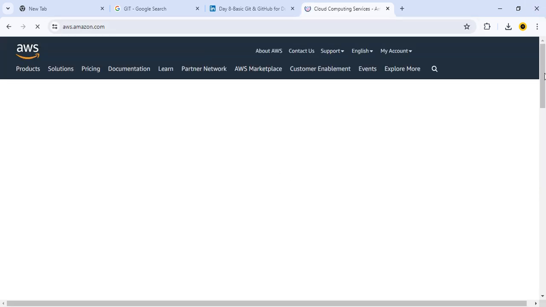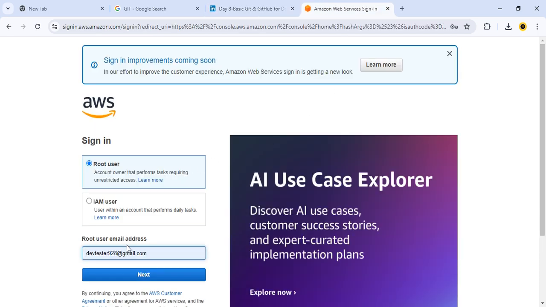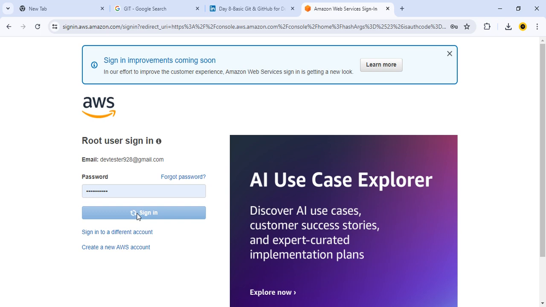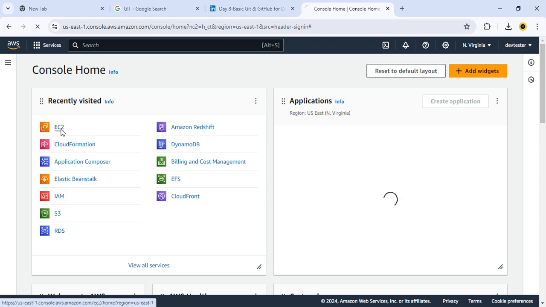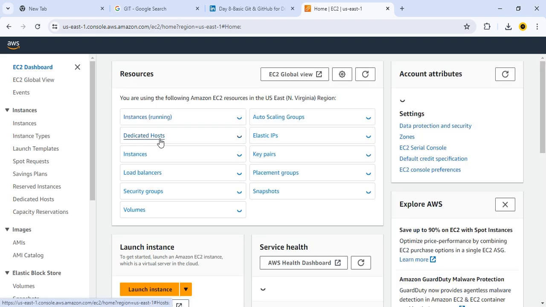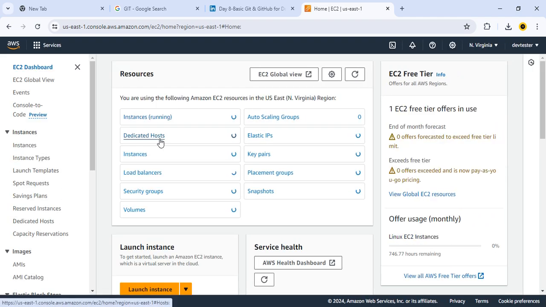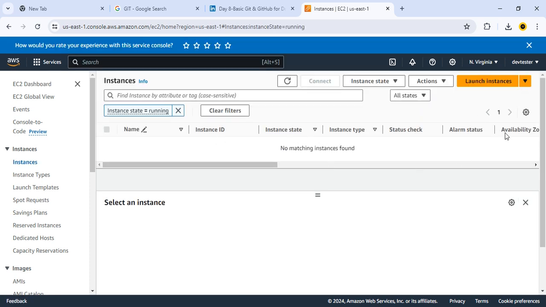aws.amazon.com. Here, sign in. As I already created an account in AWS, by using my account credentials I'm quickly logging into the AWS console. Once I log into the AWS console, I'm going to the EC2 service where I'm going to create the EC2 instance. Right now, I don't have any running EC2 instance on my account, so it is showing instances running 0. I'm going to quickly launch one EC2 instance